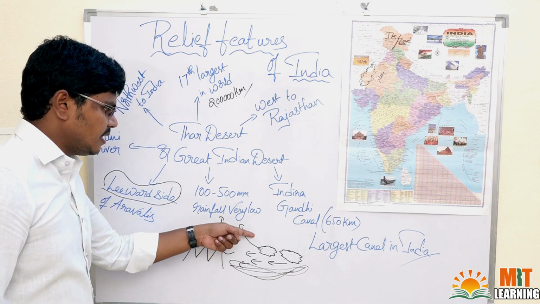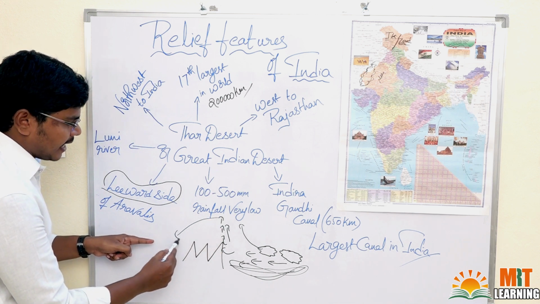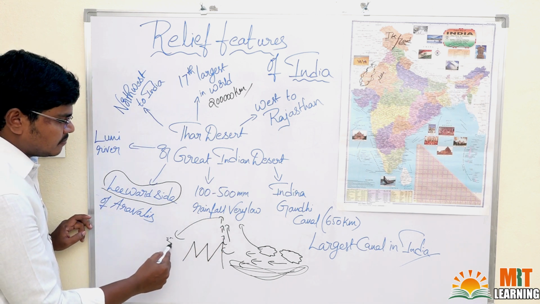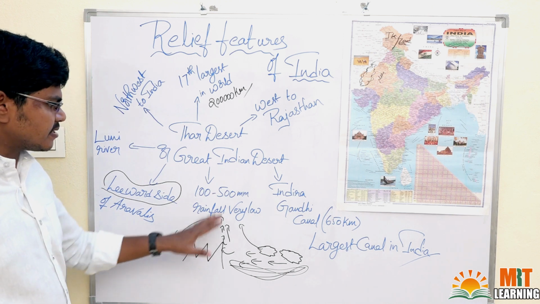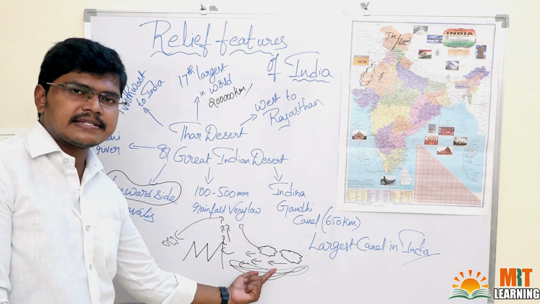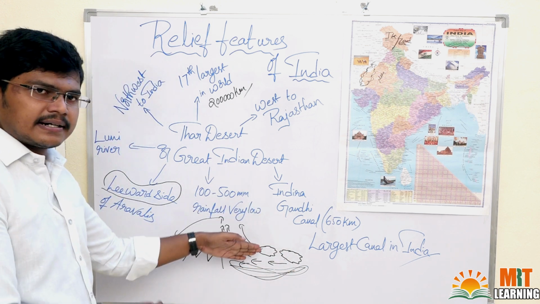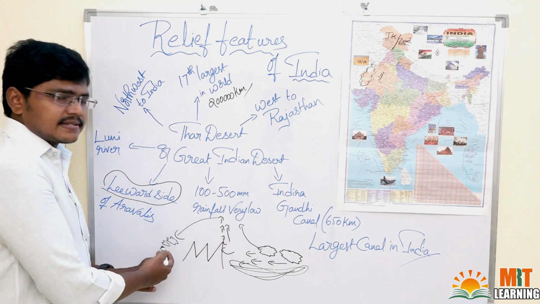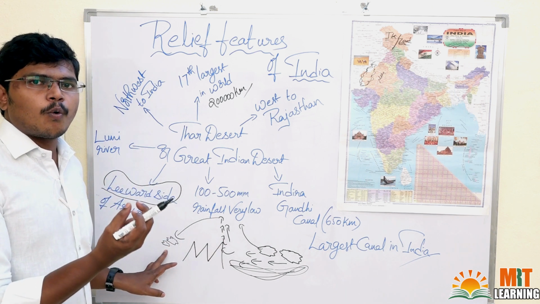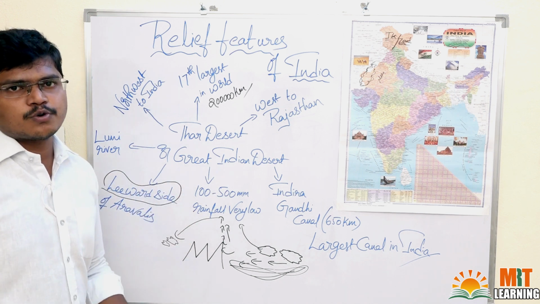After the clouds travel in this direction, the clouds will come empty. That means total rainfall we can see in this direction only, on this side only. But after the rainfall, these clouds will travel towards this side with a very low quantity of rain. That means very low rainfall clouds we can see.